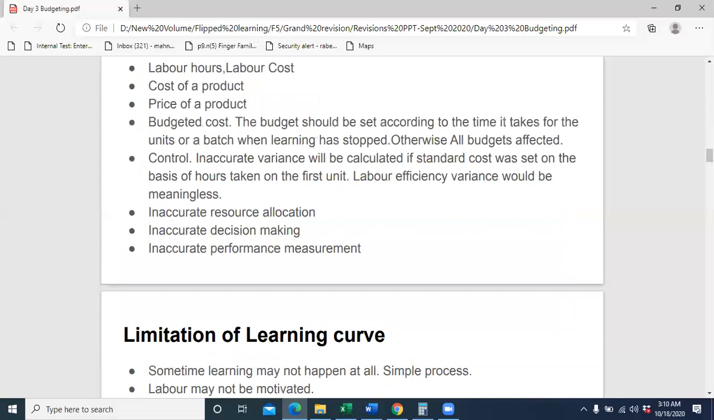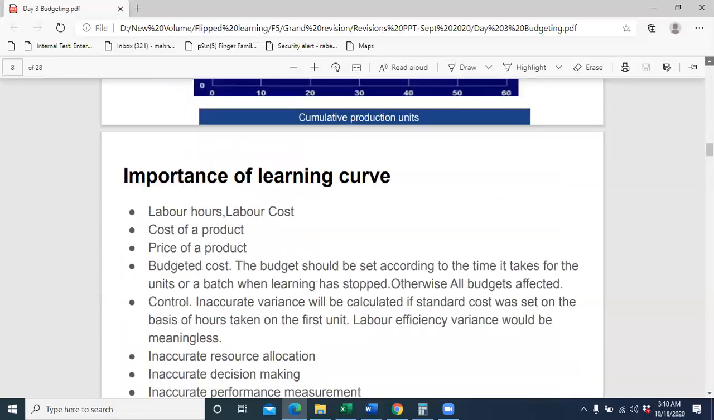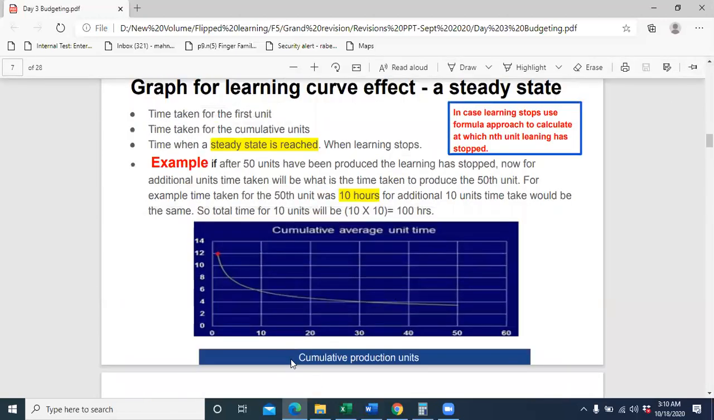So a steady rate is reached. If you draw a graph of cumulative production and cumulative average time per unit, it just decreases, but it doesn't just get flat after that. Because even if you want to drink water, you need time for that. The time is not going to get to 0. So after the 50th unit, for example, that steady rate was reached